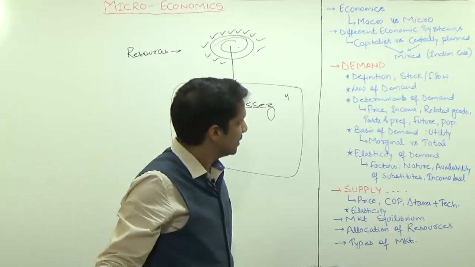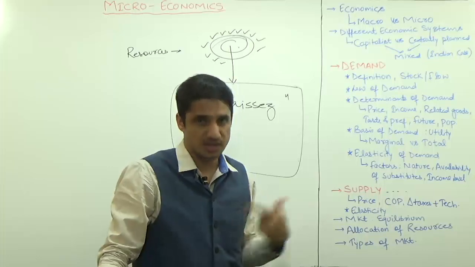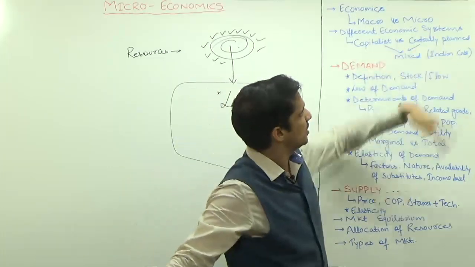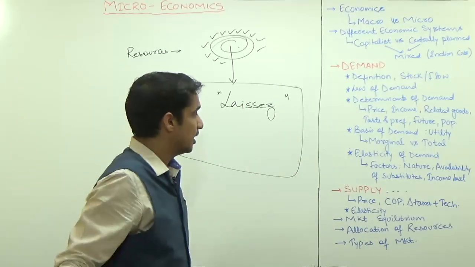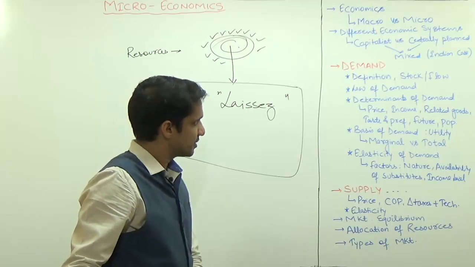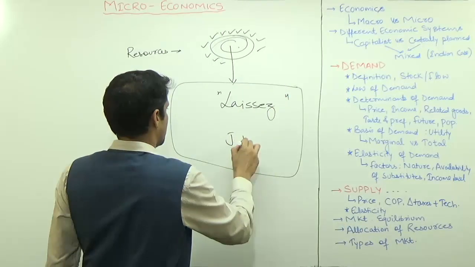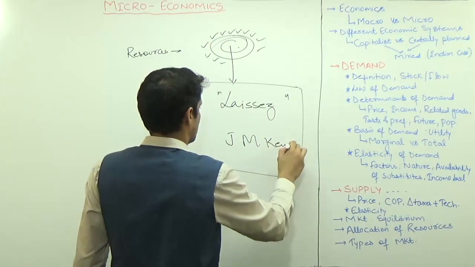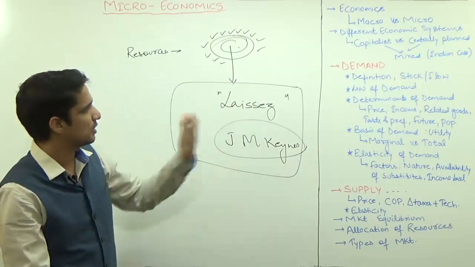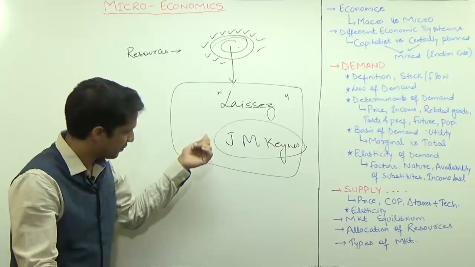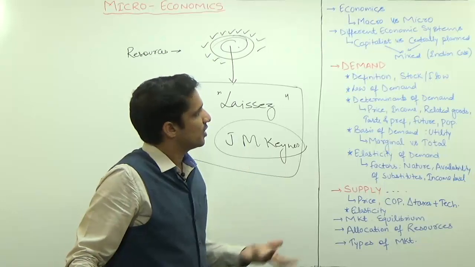Then we have the mixed economy. When this capitalist economy failed during the 1930s, the Great Recession came. After this, centrally planned economy came into picture. In a lot of countries, this centrally planned economy was implemented. And finally, after the 1930s, J.M. Keynes. Under the chapter of global recession, we will cover a few points about 1930, what was there before J.M. Keynes came into picture and after J.M. Keynes, the classical economic model and all.